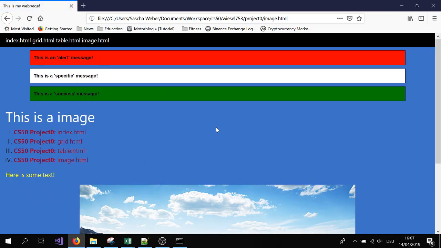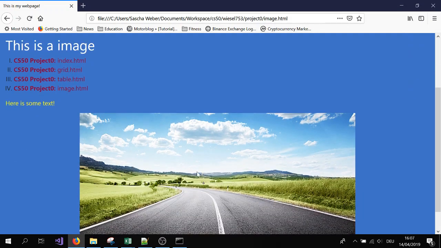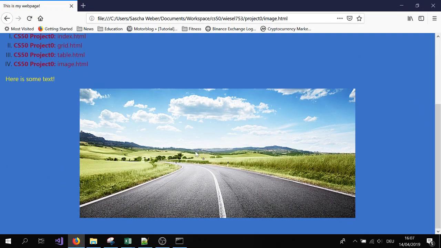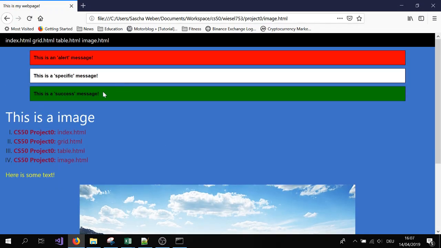On my fourth page, I added here some different types of messages: an alert message, specific message, and a success message. And I added here also a picture which is aligned here in the center. And this 3 types of message boxes, they were created